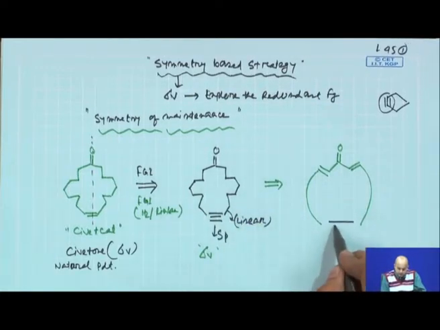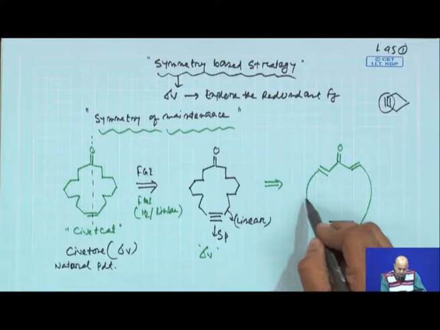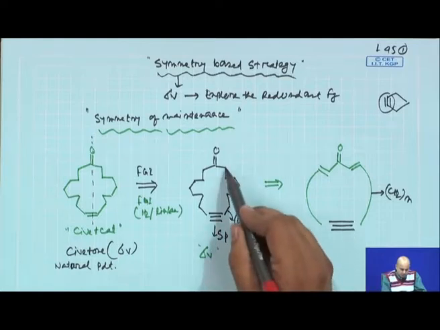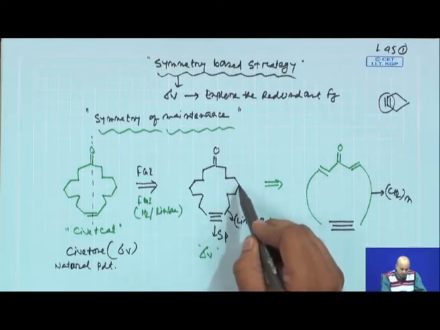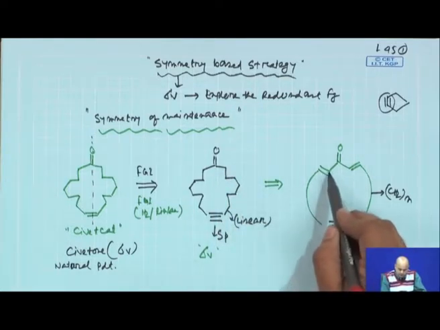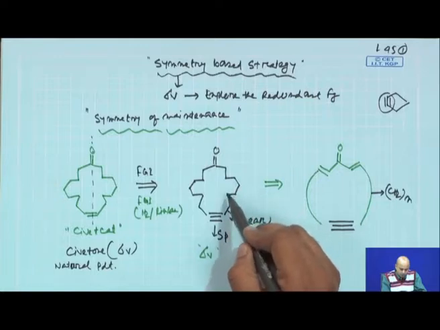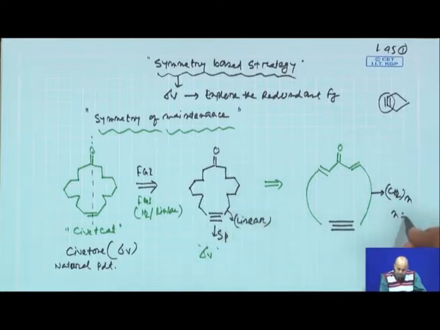So I will just put the alkyne here, this is the alkyne. I said that if you have this kind of fragment, it basically contains CH2 n. How many CH2? 1, 2, 3, 4. So now you have 1, 2, this CH2 needs to be created. So this was done, then 1, 2, 3, 4, 5. So n is now 5.